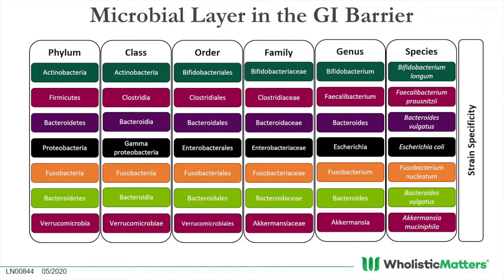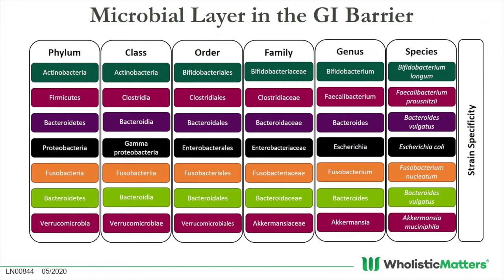But you have all these different phyla, and the phyla are going to be something that you can look at as a proportion. So these phyla are made up of many different microbial species, but it's really important we can make general distinctions and look at these phyla to just get a general overall picture of the GI and where we're at. As you get further and further down into specificity, you get to the genus and then the species level.